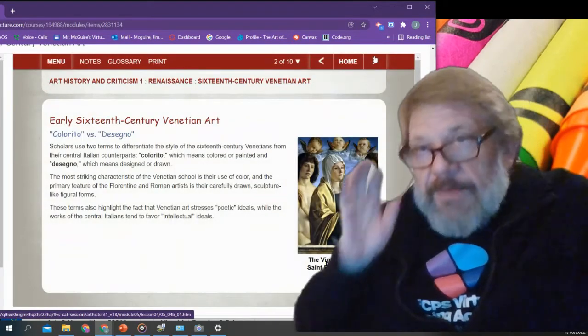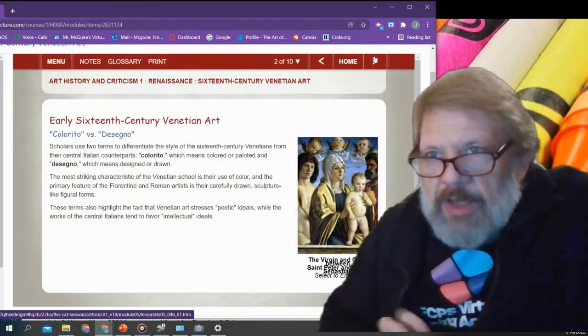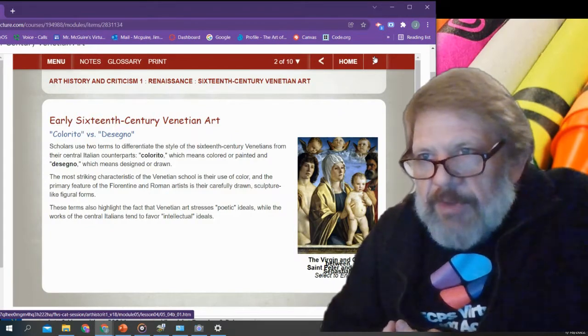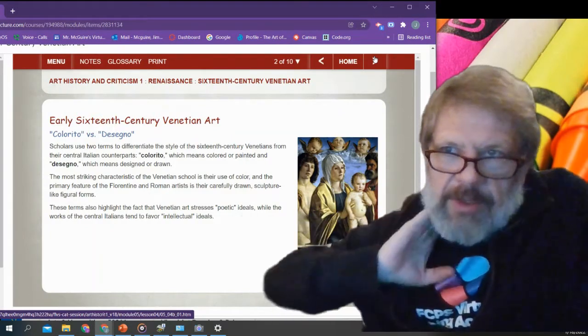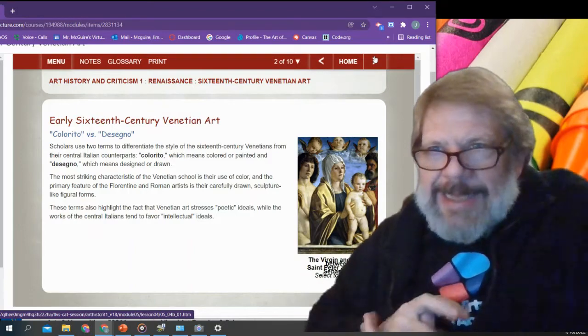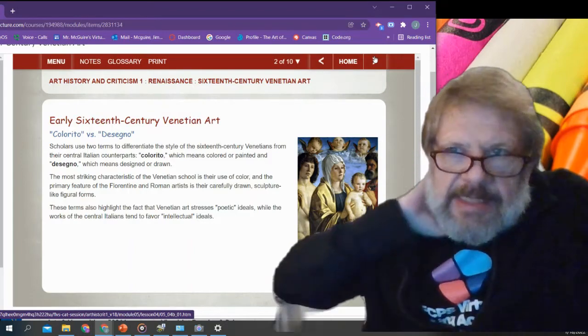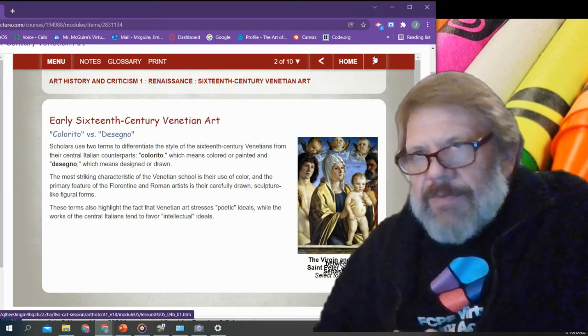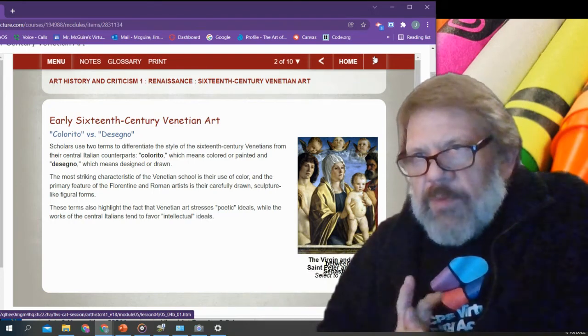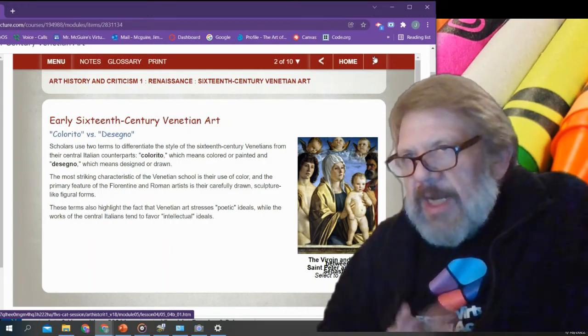Early 16th century Venetian art. Scholars use two terms to differentiate the style of 16th century Venetians from their central Italian counterparts: colorito, which means colored or painted, and disegno, which means designed or drawn. One of the most striking characteristics of the Venetian school is the use of color. The primary feature of the Florentine and Roman artists is their carefully drawn, sculpted,